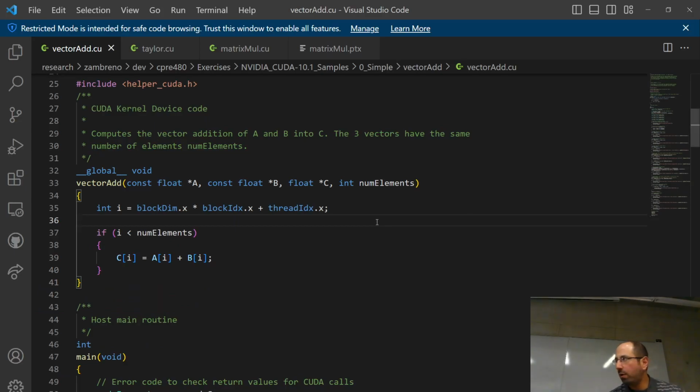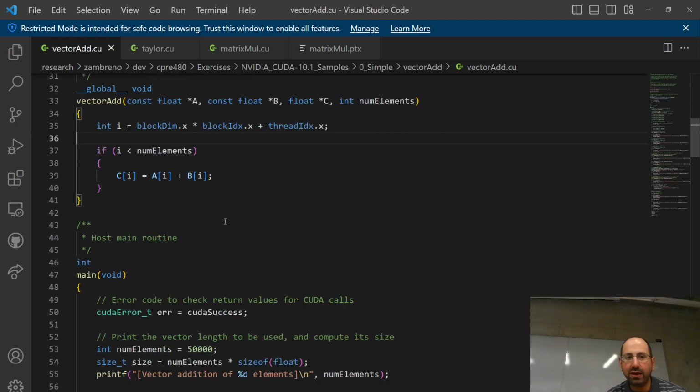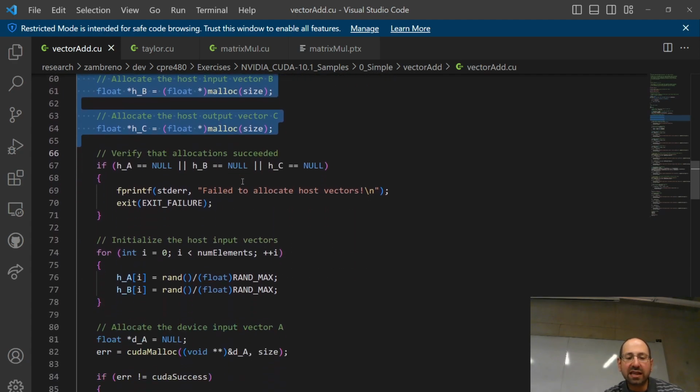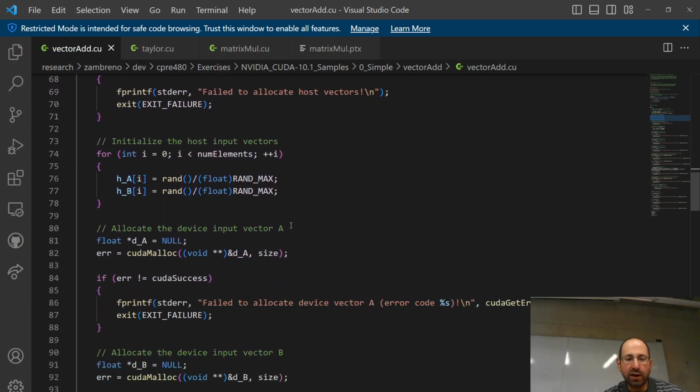This example is from the CUDA SDK, and it's about as simple of an example as you'll be able to find. We will talk about more of this as we go, but your CUDA programs are going to look a lot like this. Likewise, your OpenCL programs are going to look a lot like this as well. We have to do some host-side memory allocation. In this case, here's A, B, and C. We then separately have to do memory allocation on the device as well. We'll be talking more about these functions.